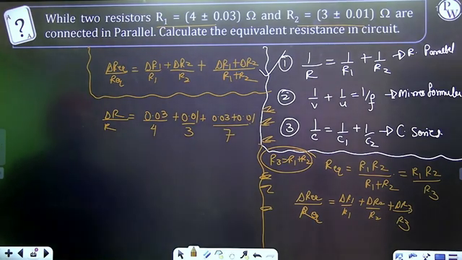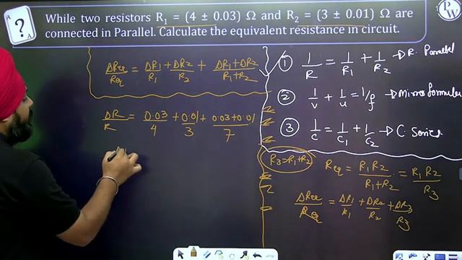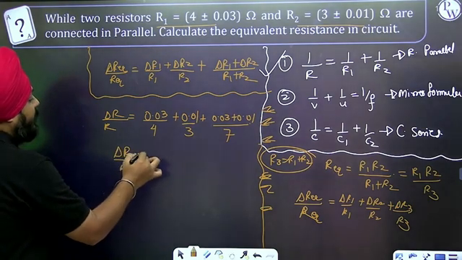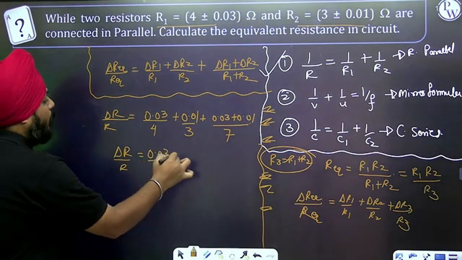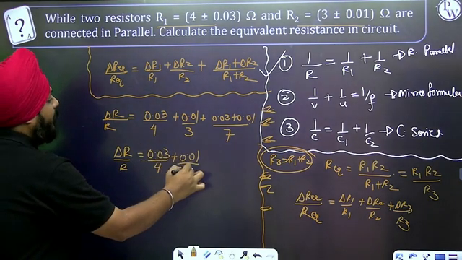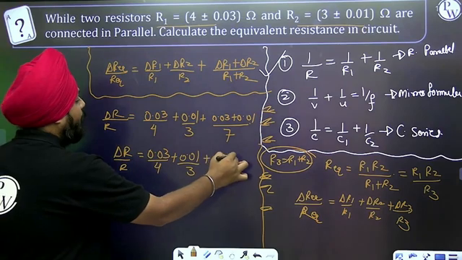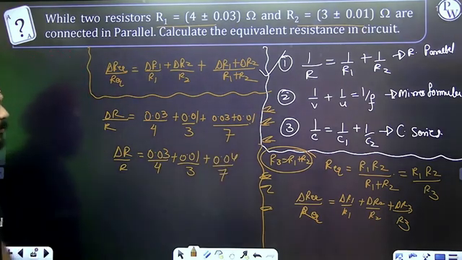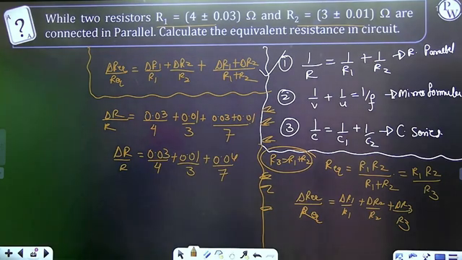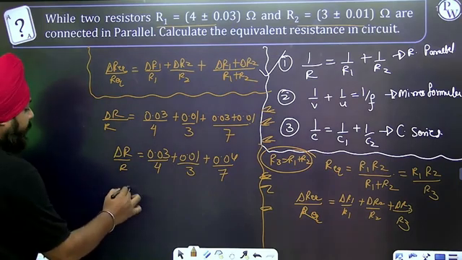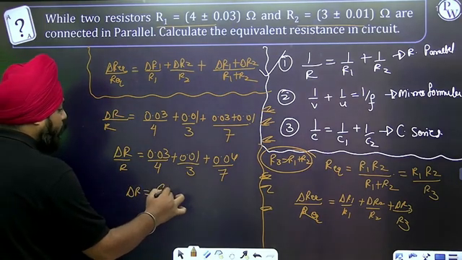Okay, so here what we are getting, delta R by R, is equivalent to 0.03 divided by 4 plus 0.01 divided by 3 plus 0.04 divided by 7. Now we need to evaluate this to reach the result. So on evaluating the result, the absolute error you are going to come upon as